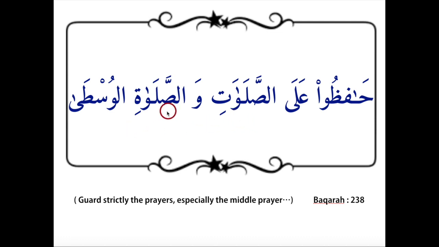The vowel is here, the vowel is here, the alif is on top of this vowel, alif on top of this vowel. So why did we say salawati and here wassalati alwusta? The reason why is because you see a fatha is on top of this alif here. So we are saying salawat. This time we are using this letter wow. We're not using it as an alif. We take that fatha over the wow. So we would say